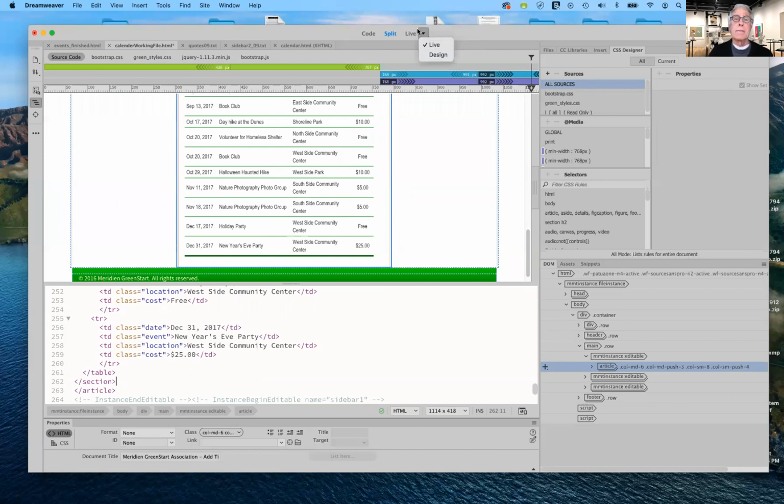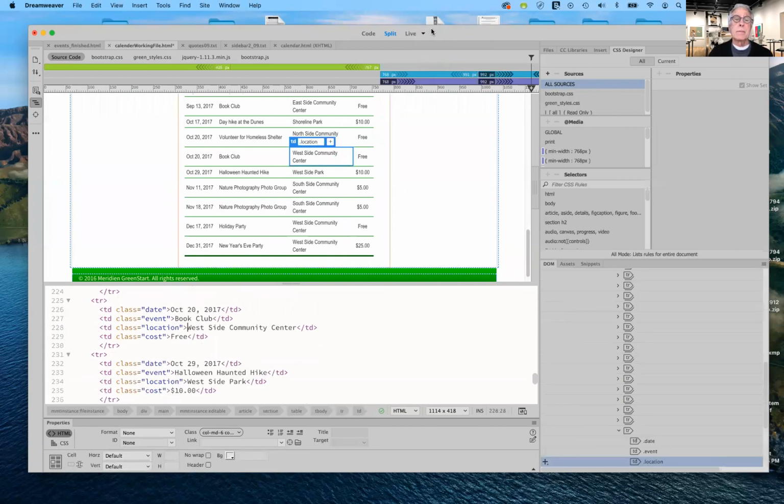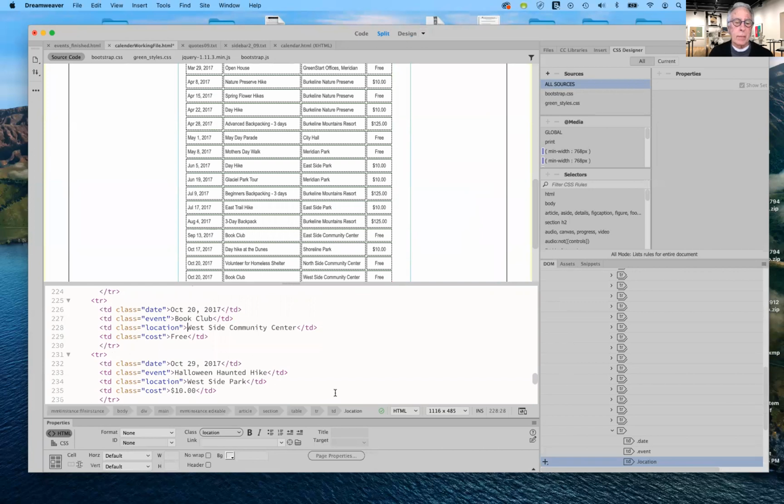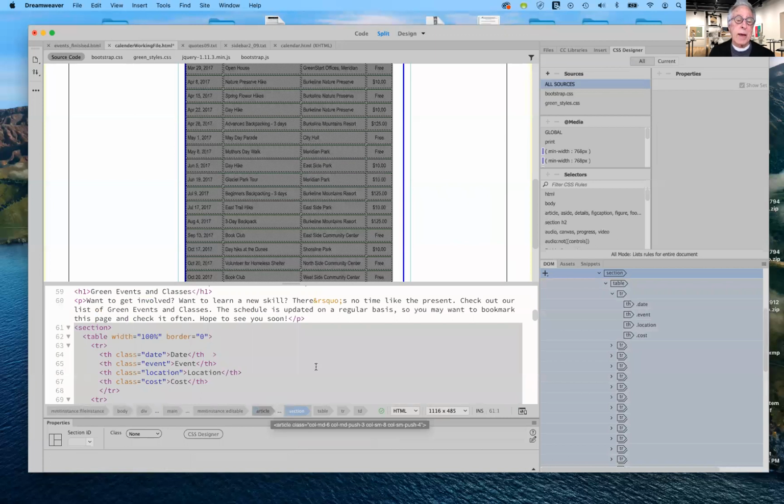I need to first just select anywhere inside the table. Doesn't matter where, just so that you have something selected in there, a cell or a row or whatever. And I'm going to switch to design view. And then I want to make sure that I have the entire table. Actually, I'm going to select the entire section because we have to wrap our new table in a new section here. So using the tag selector, I make sure I have the whole